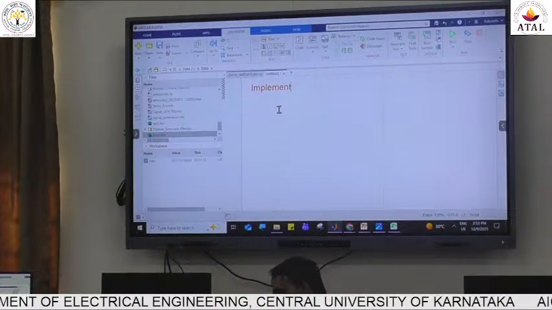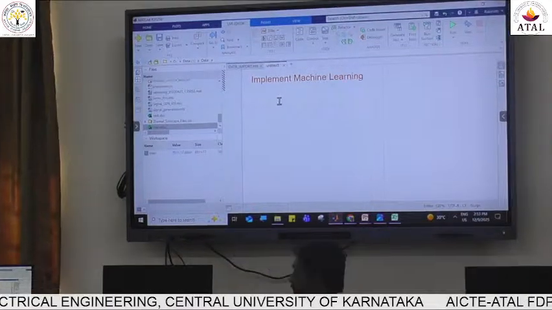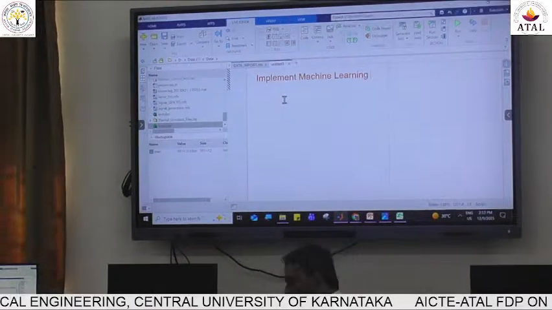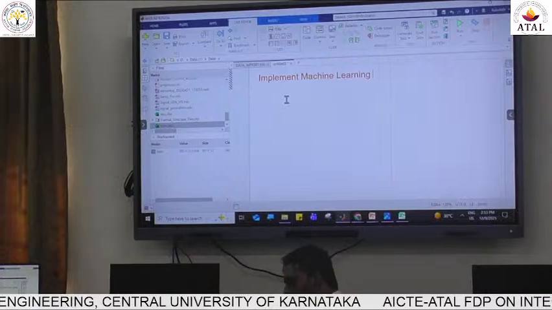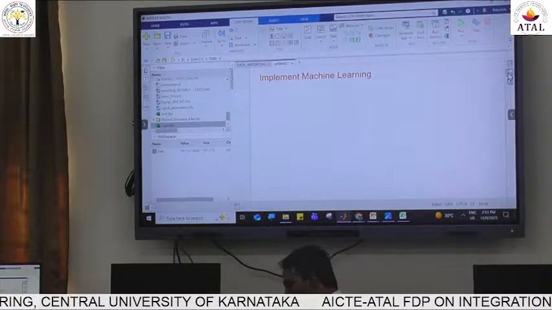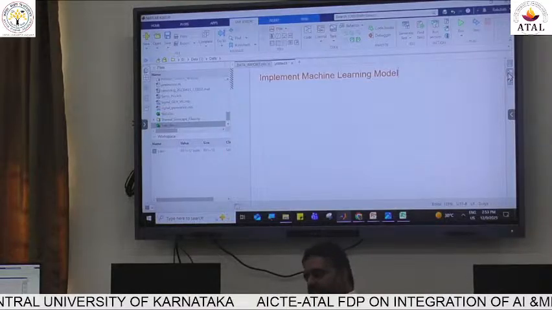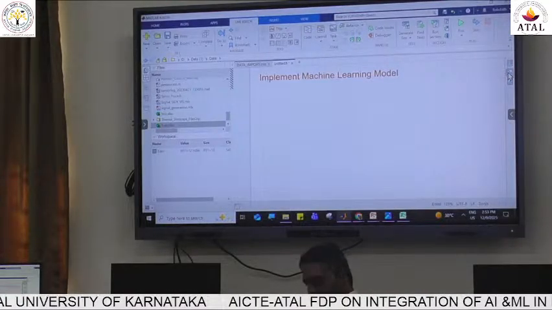I have been able to get information from coordinators that multiple theory sessions have already happened, so you will get an idea what machine learning is. I will not cover the theoretical part here. So what if I want to implement a machine learning model? It can be a classification model